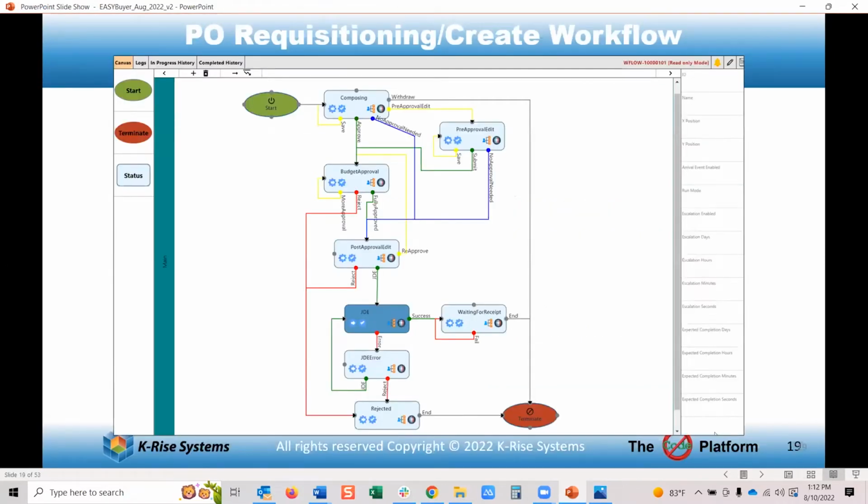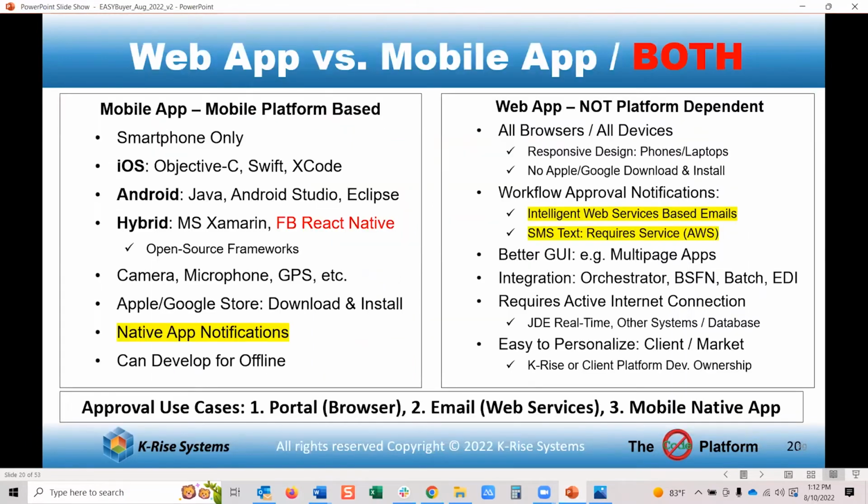Ben's going to review the workflow. So many of our projects are workflow based, and that's what's missing with the ASs at a lot of companies. They're doing emails and shared folders and Dropboxes, and they're missing that workflow. And we've got great workflow. It can even work outside of JDE if you need to go out to the supplier, as an example, to validate. So many companies, like software vendors, mobile app.